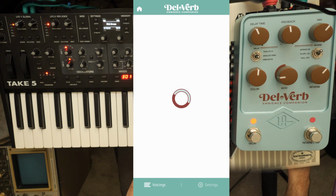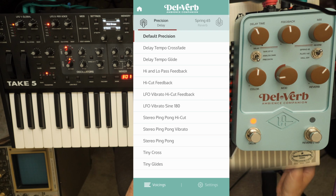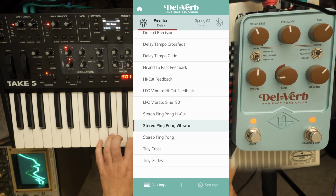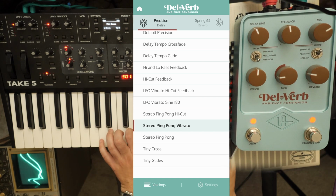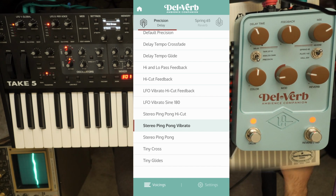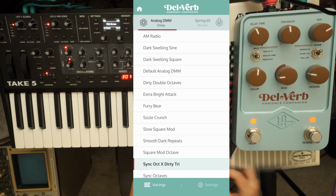Okay, back to voicings. I don't think I showed you anything for the precision mode, and it does really react quickly. I was a little disappointed to learn that stereo ping-ponging is an option in here and not just globally, because I would love to do some of these other modes with ping-ponging. But, that's kind of where I guess I'll transition into my overall thoughts on the app as a way of